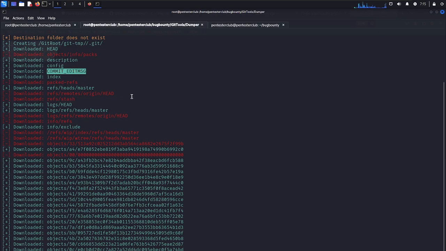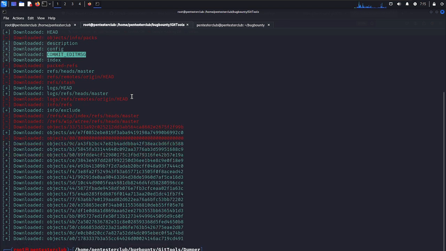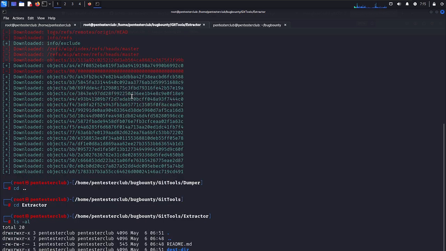Now we would like to go for extraction. Come back here, cd. We put here extractor. Now just type ls -l. Now put extractor.sh. In this case,